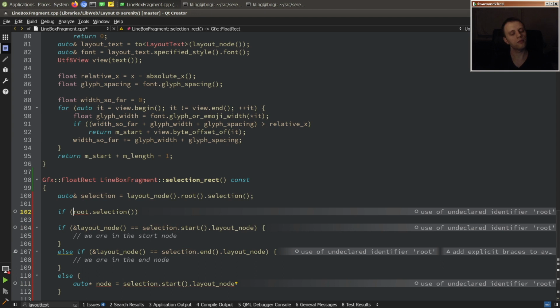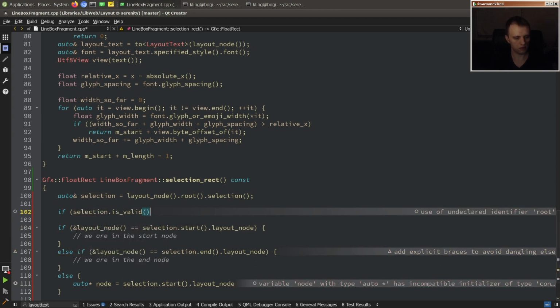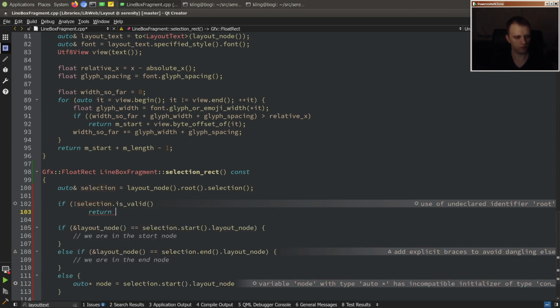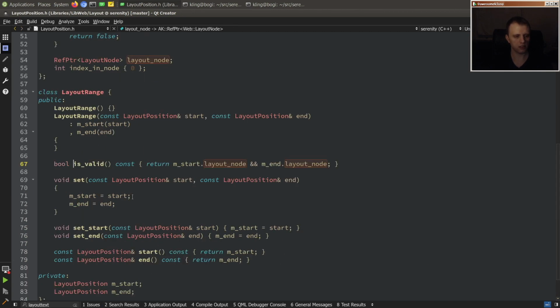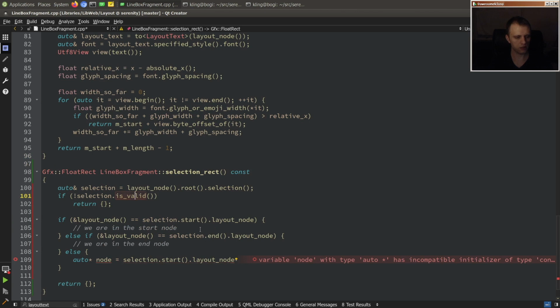Yeah, so if selection is not valid, no point in doing any work here. Okay, but if it is valid, which means we have a start and an end, I assume. Yes, exactly what it means. Okay, then